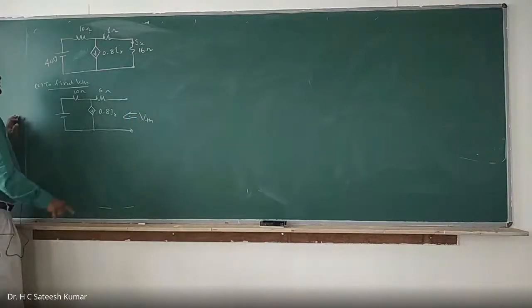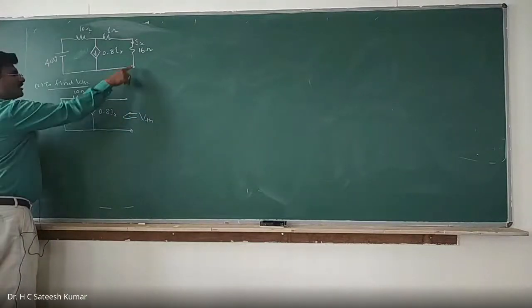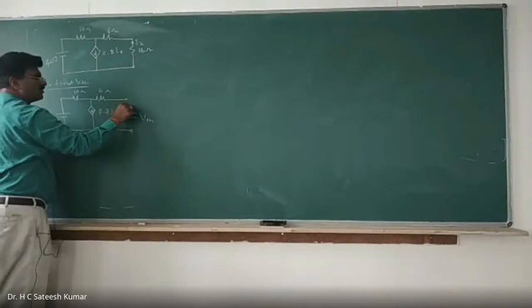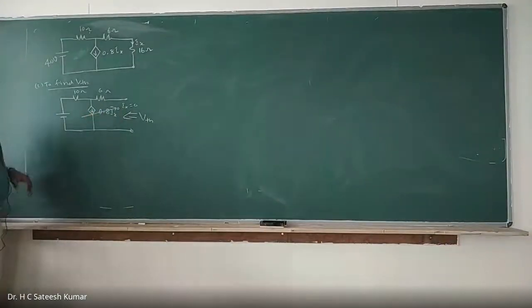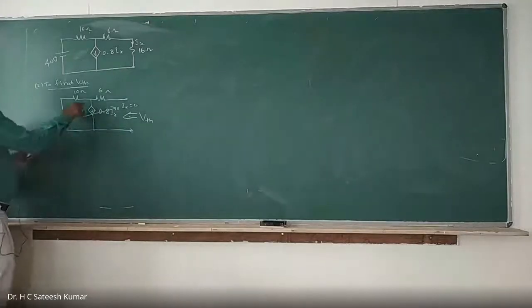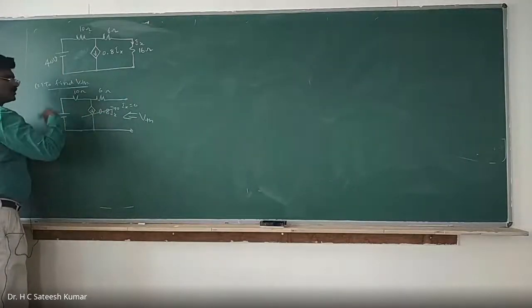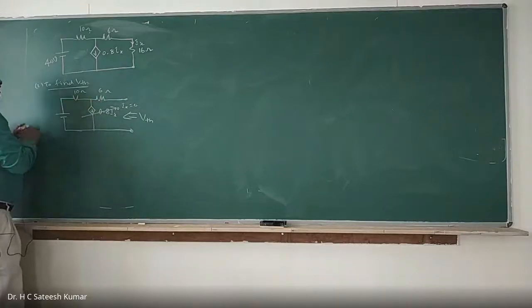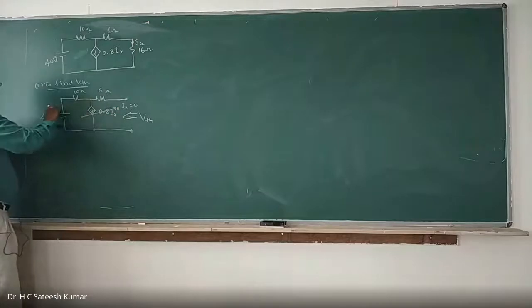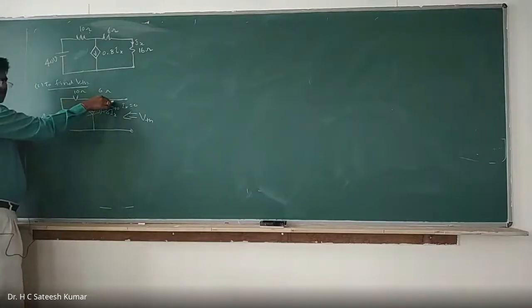Okay, right. So IX becomes 0. This is open circuited, so IX is equal to 0. IX 0 means this is also open circuited. If this is open circuited, there is no current at all. So this whole thing becomes open circuit. There is no current through this one, and no need to calculate anything. Directly, this voltage is equal to this voltage, because there is no drop here.